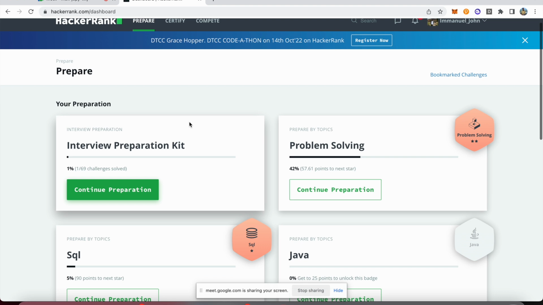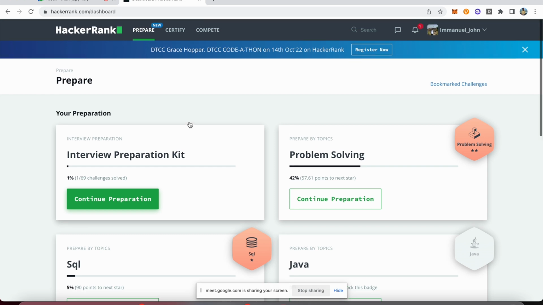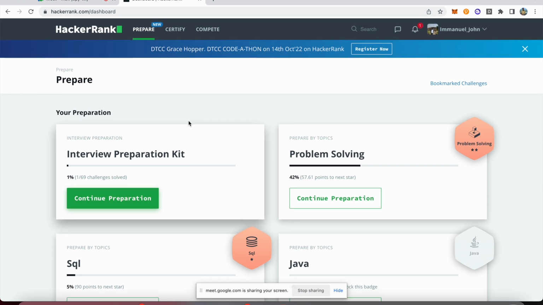You can use these kinds of platforms when you're in college, so that you can crack any coding interviews. So that is one thing I thought of sharing. And regarding any other